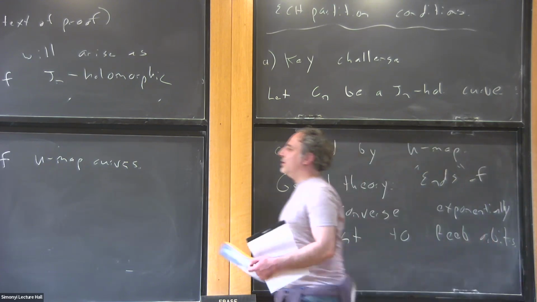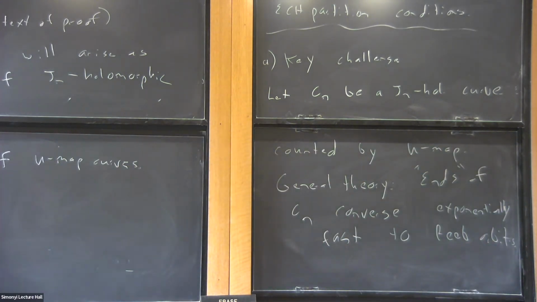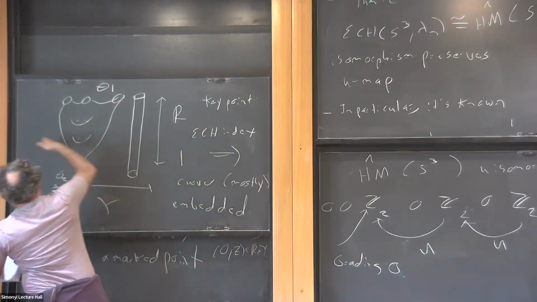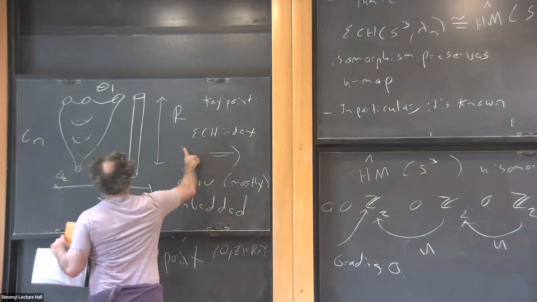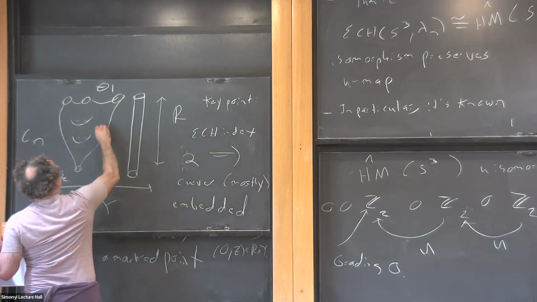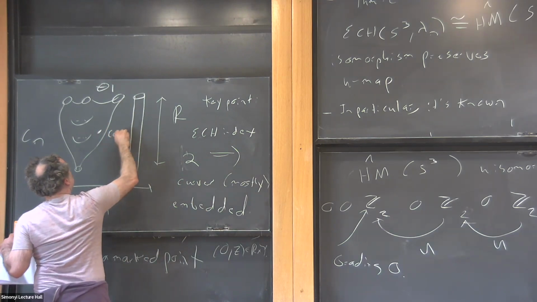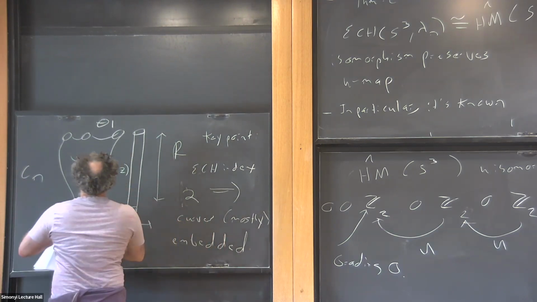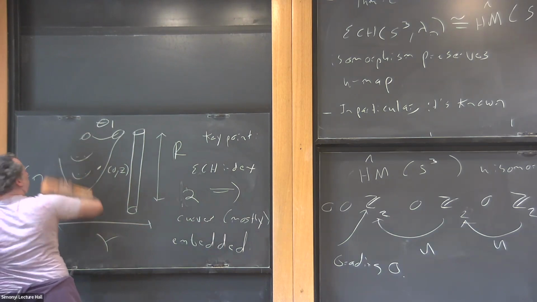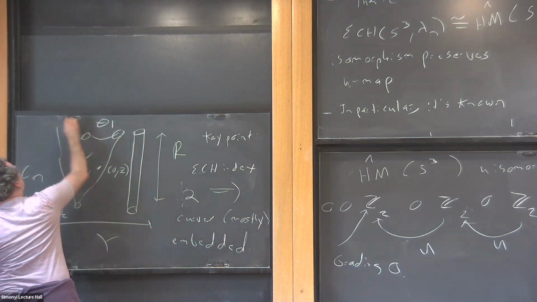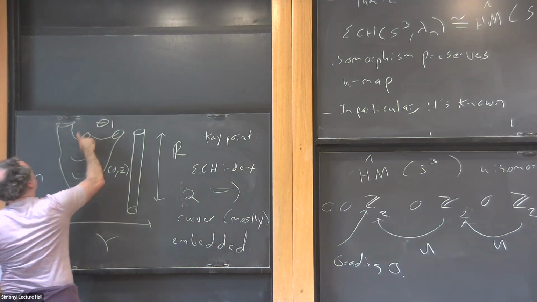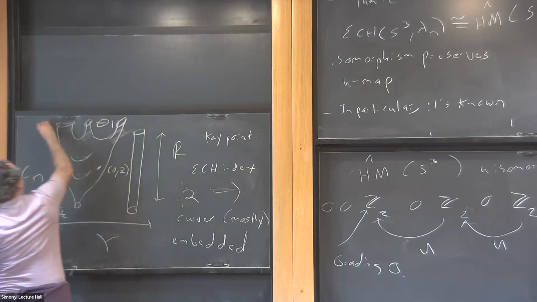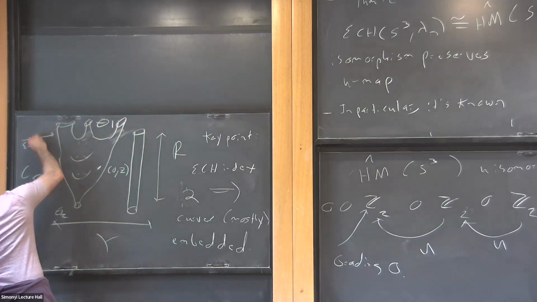so let me go back to this picture to show you. Let's say that this now was a C_n. Earlier I made this a differential curve, but I can just keep it on the board, make it ECH index 2, maybe 0. And then this is like an end of the curve. These are the ends. This is a Reeb orbit.